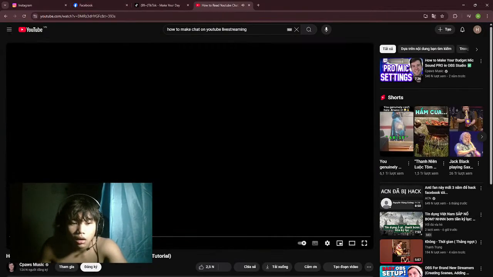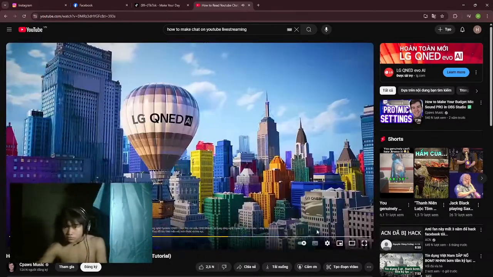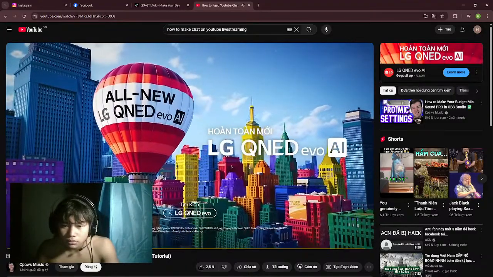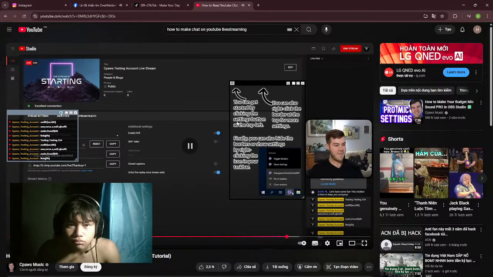In the middle left corner. As soon as you hit this little button right here or F9